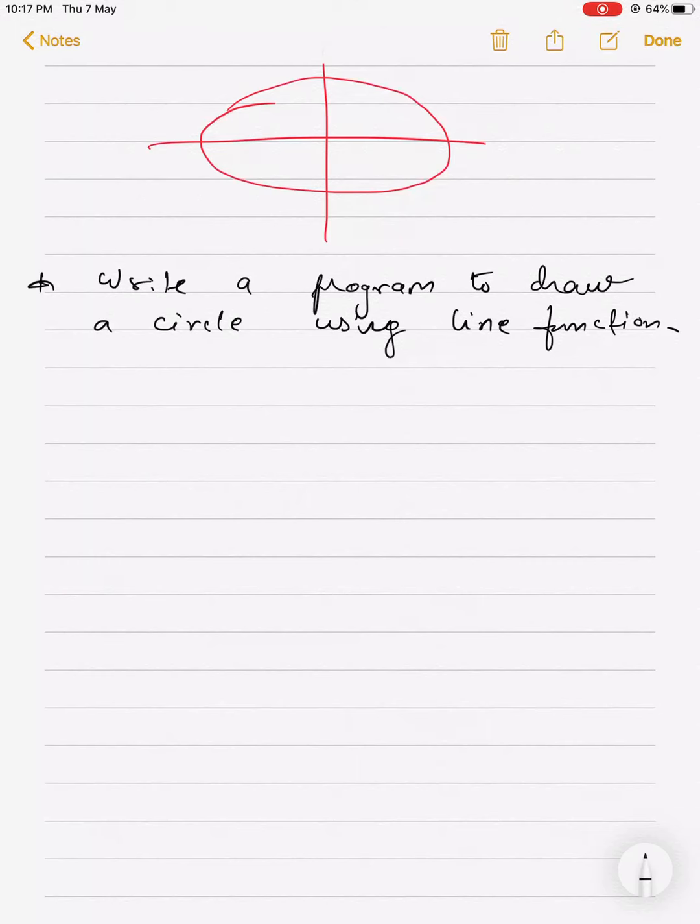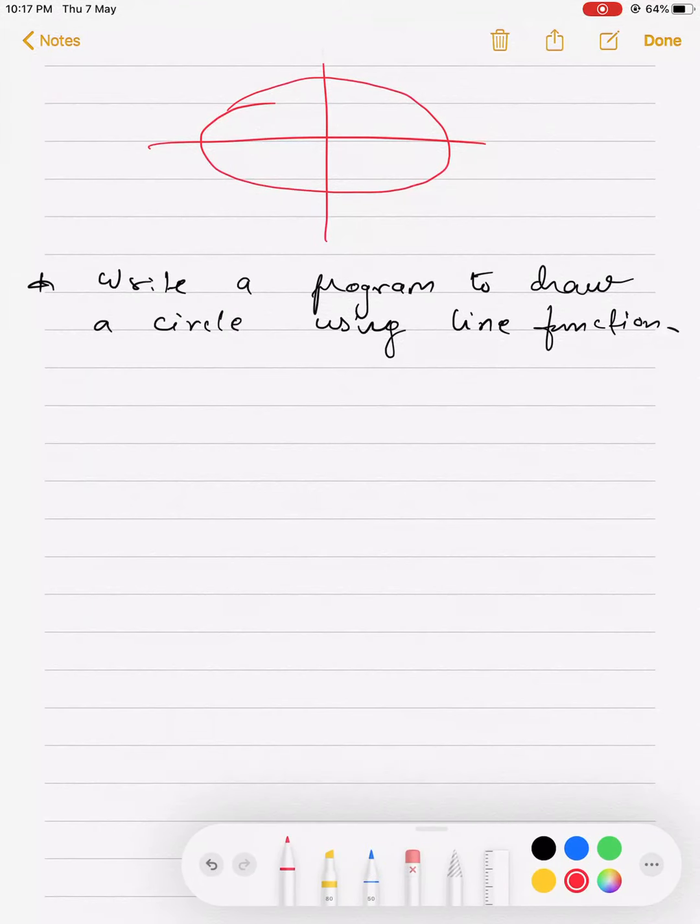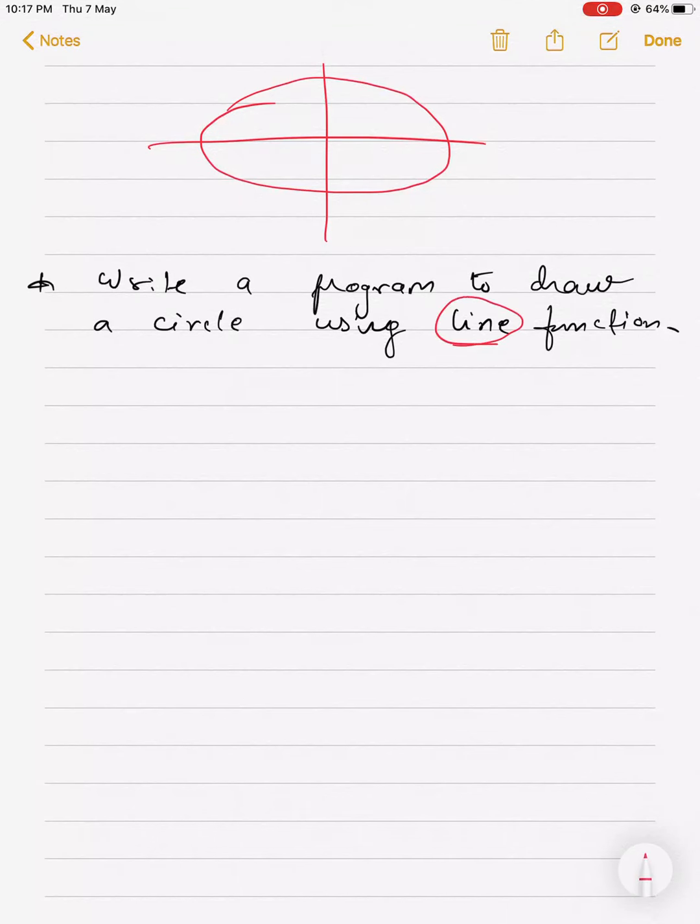How to draw a simple circle, that you know with the help of the circle function and arc, you can easily do. But how to draw a circle using the line function? This is an interesting part. Now this will check your mathematical concepts as well.